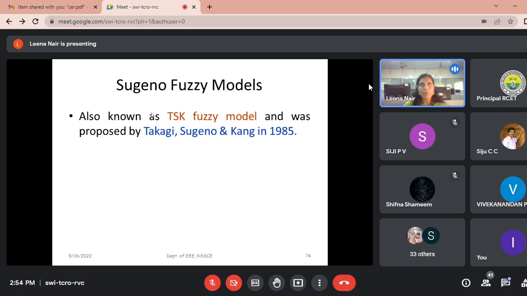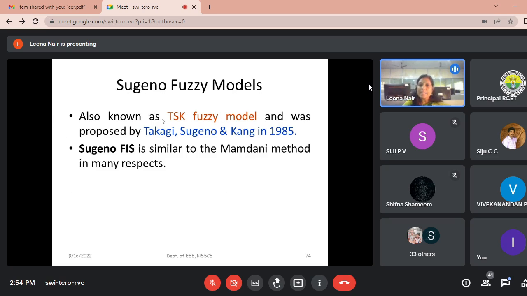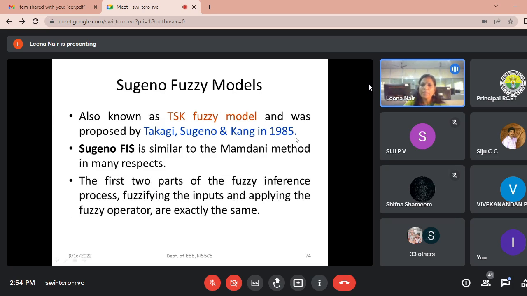Now, till now what we saw was actually the Mamdani model. You can have a Sugeno fuzzy model also, which was proposed by Takagi, Sugeno and Kang in 1985. So as I said earlier, it is very similar to the Mamdani model. The first two parts are the same. The fuzzy inference process